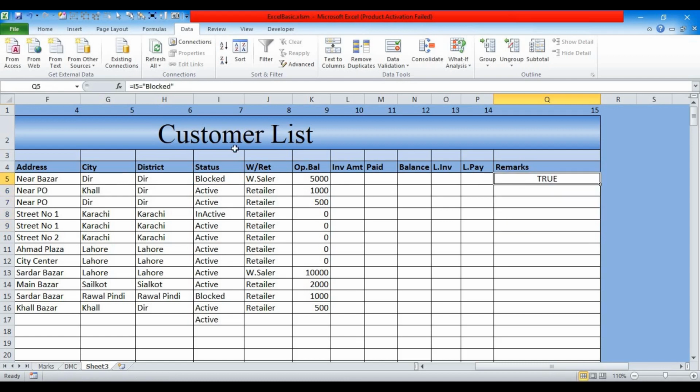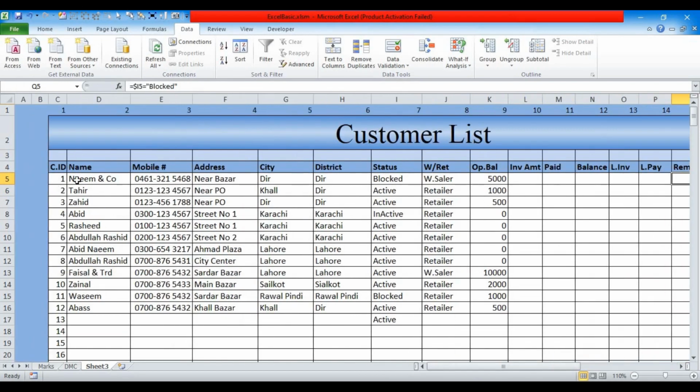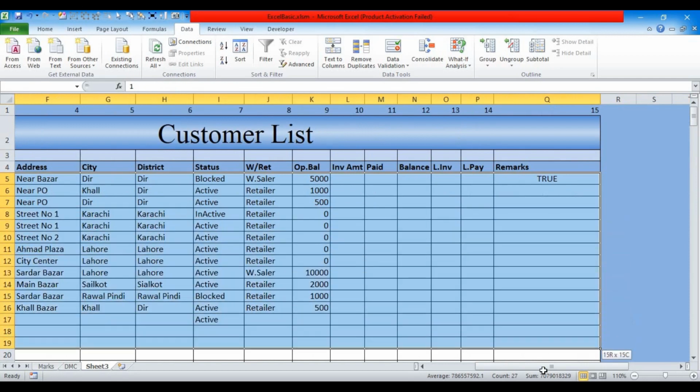Now I'll just copy it, as I'm going to fix this column. I'll select this cell, press F4 twice. So now you see that the column letter has a dollar sign, and the row does not have a dollar sign. That means the column is fixed. So let me copy the formula from here. Ctrl C, press escape, select all of this data,